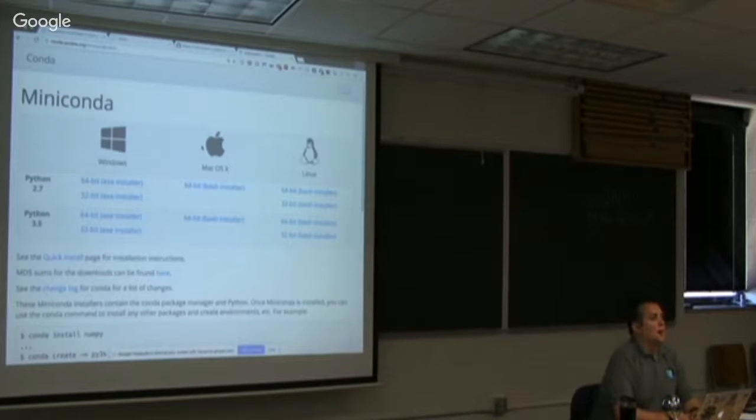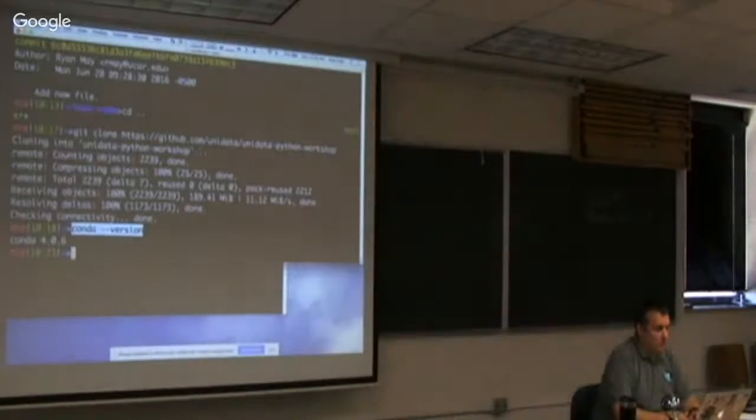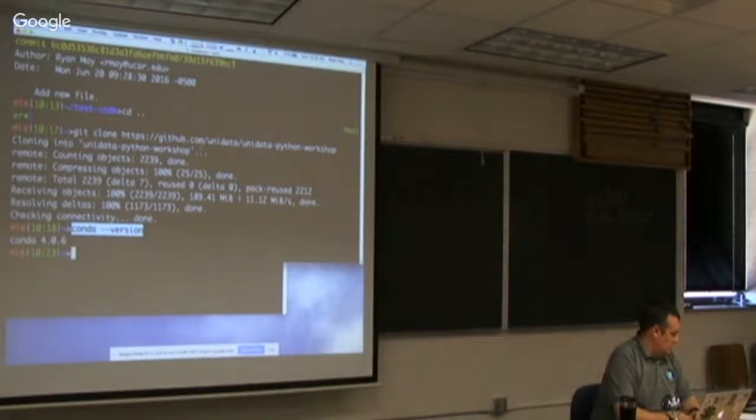We can come back to the clone of the repository during break. It's not critical at this juncture. We'll do one thing that uses it, and beyond that, we don't have to have it. We just need to have Conda working. So if everyone has Conda installed,